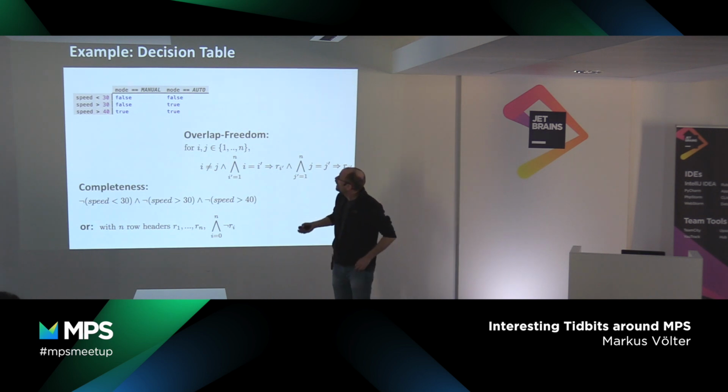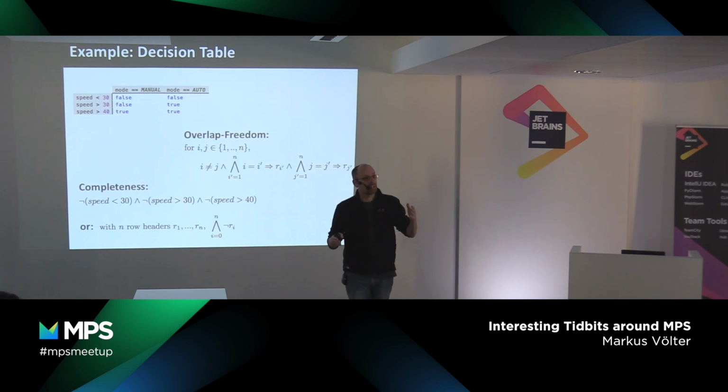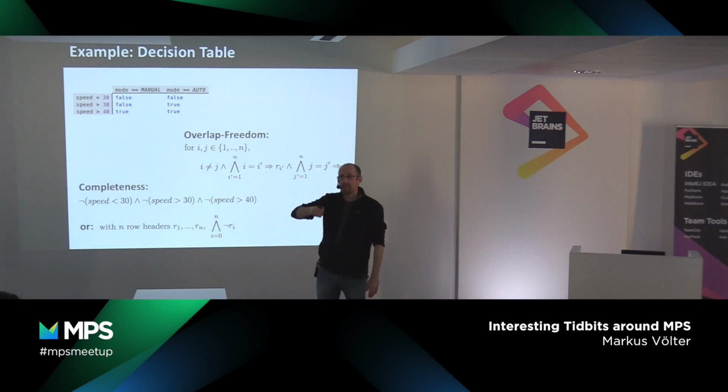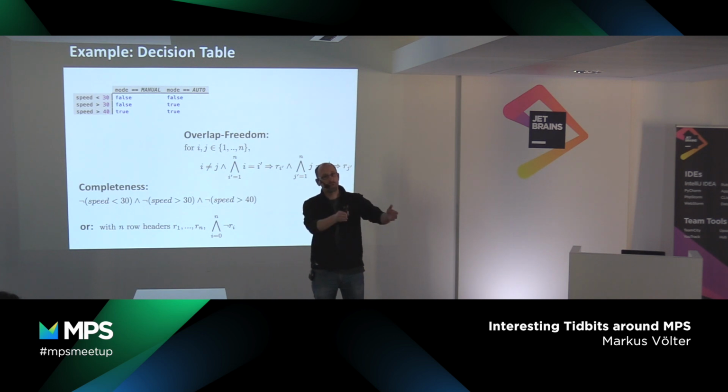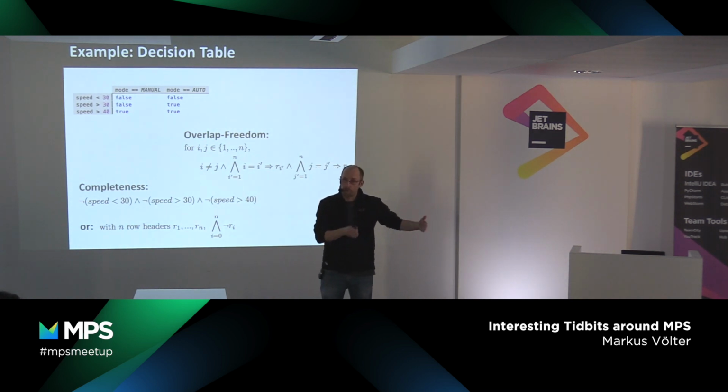For example, this one has overlap, because these two are overlapping, right? So that's always a mistake. But let's say speed had a type that has a range between 0 and 100. And you only checked for speed less or equal than 100. Then if you don't know about the range restriction, it's incomplete, because greater than 100 isn't checked. If you know the range restriction, the program is correct.